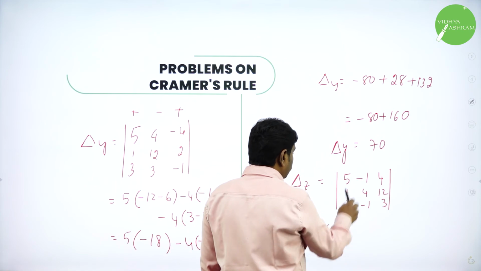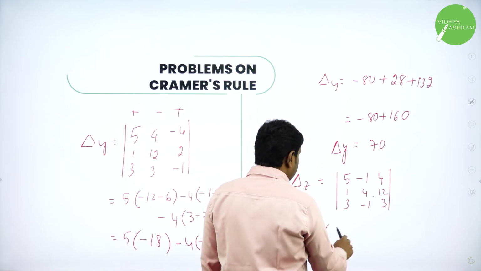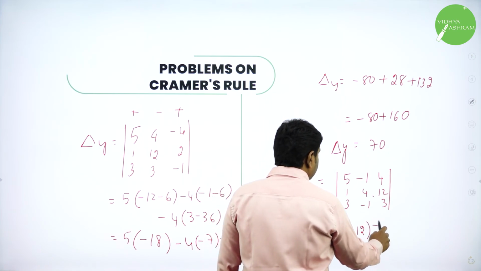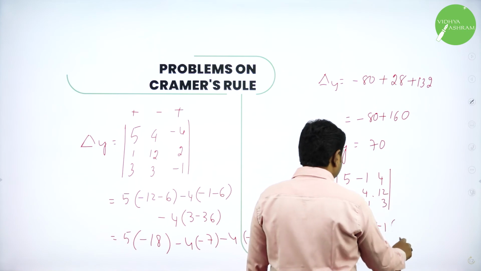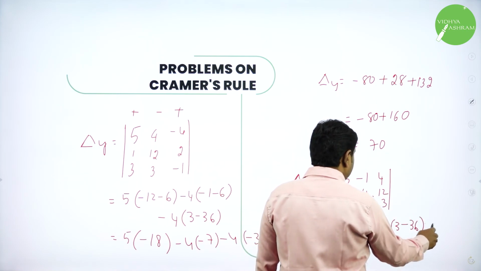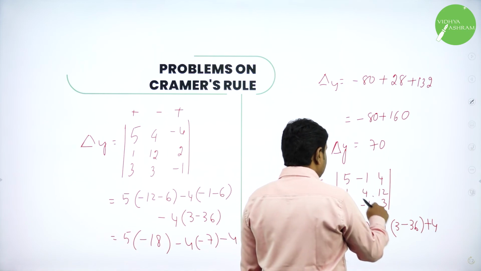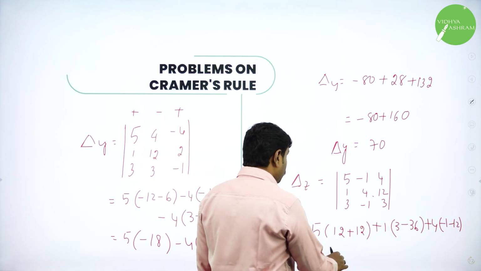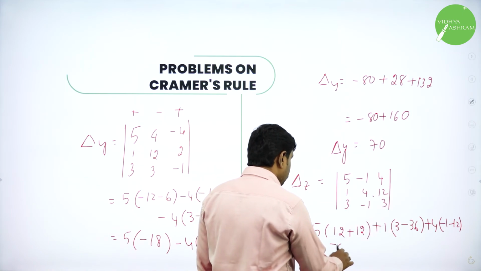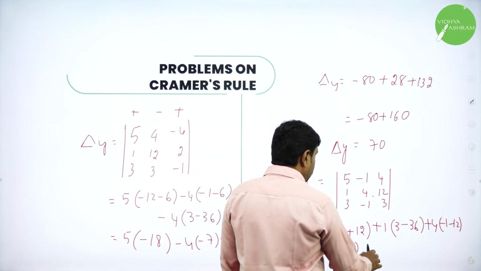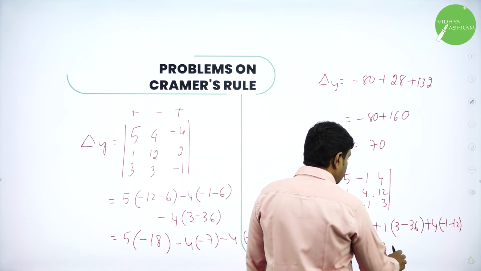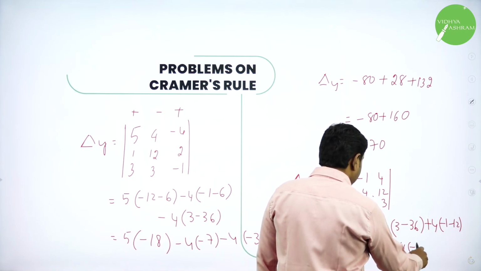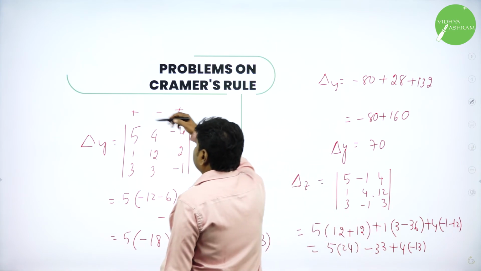If you expand, you will get 5 into, delete this, it will become 12, 4 3s are 12, minus of minus plus 12, then minus of minus 1 is plus 1, delete this, 3 minus 36, plus 4 into, delete this, minus 1 minus 12. So 12 plus 12, 24, 24 into 5, and minus 33, minus 13 minus plus 4 into minus 13. So that is delta z is equal to